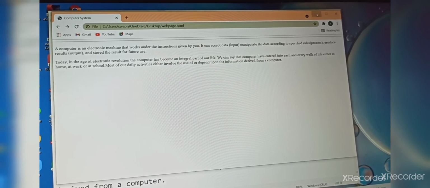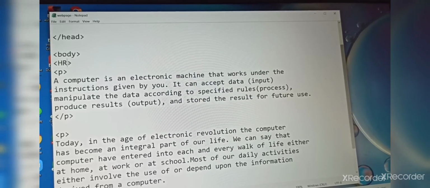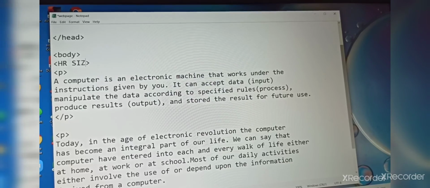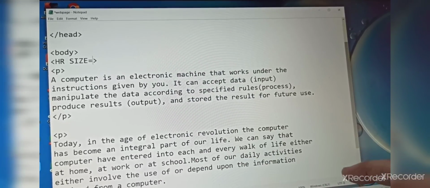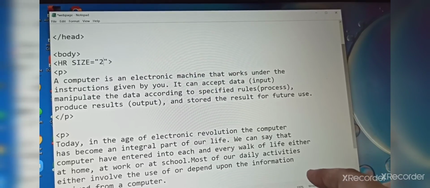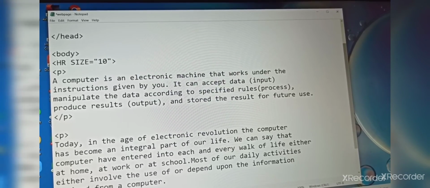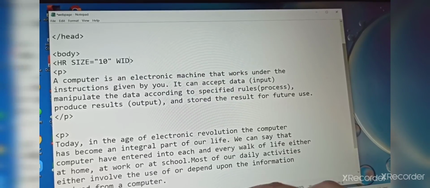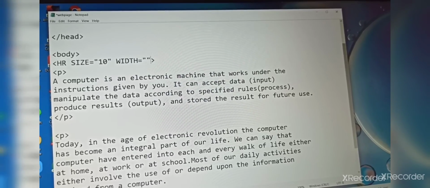If you want to increase the size of this horizontal line, you just have to type size equals whatever you want to give. I give here 10. Then width, WIDTH, will increase the width.